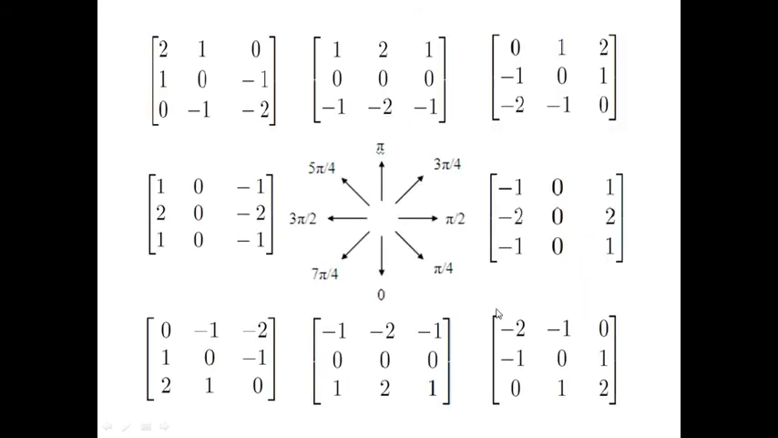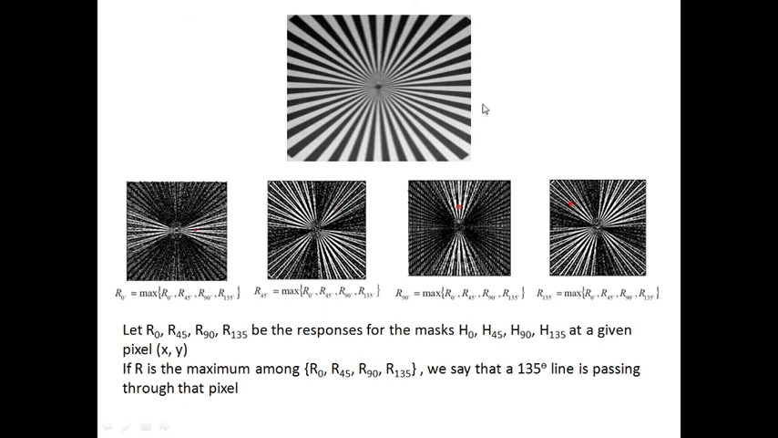So for example, if I apply this mask to my input image, and at a particular pixel location in the input image I trace it out with a line, that means this 45 degrees line is passing through that particular point in the image. So this is what I can conclude. So you can see here,